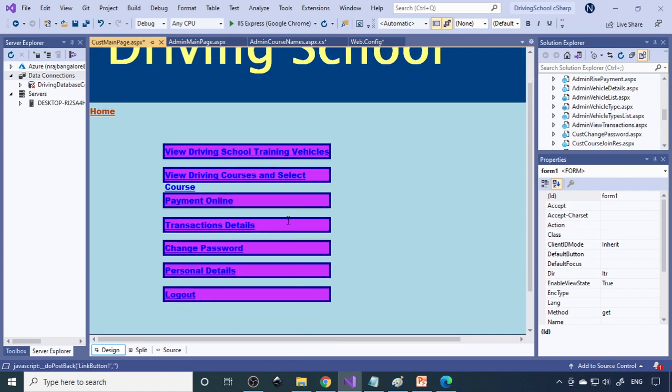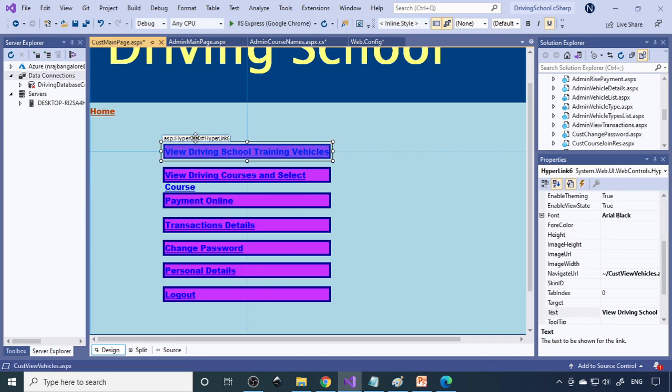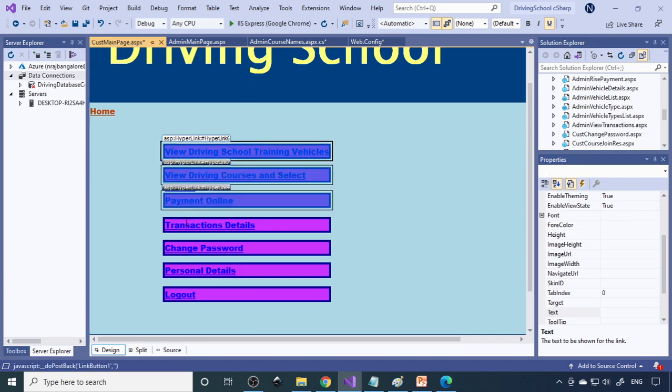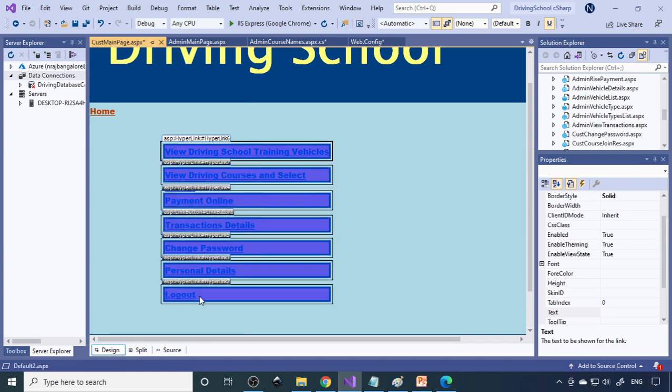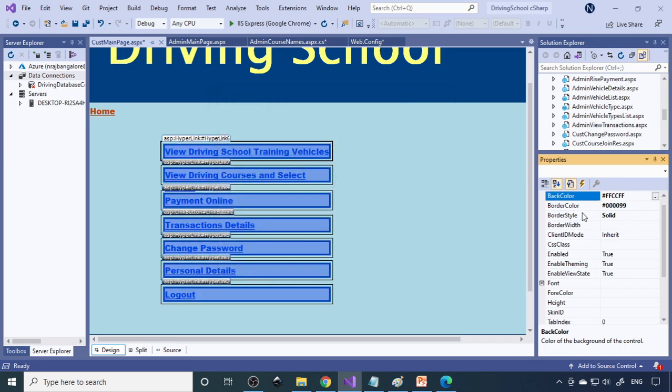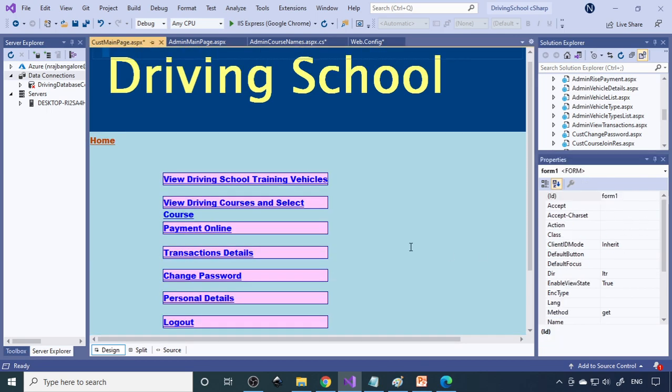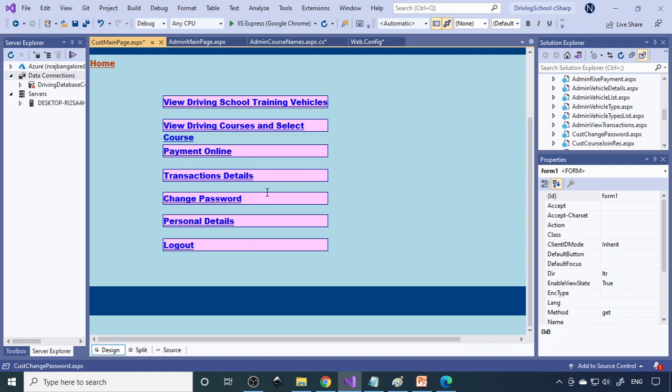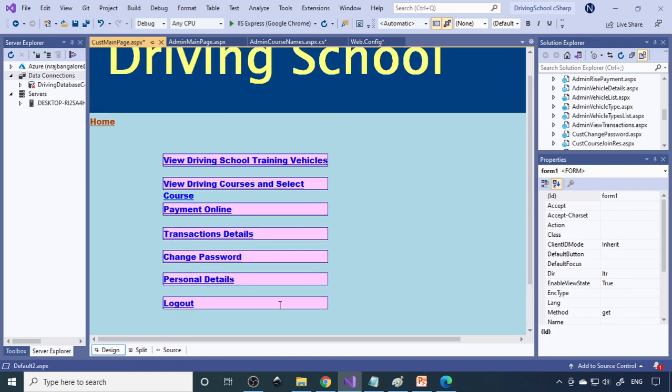Fine. So if you put a lighter color, it may be better. So therefore, what you can do is again select these controls. Light color will do the job. So I have to go to back color again. So choose some light color here, and this border width we want to make smaller. Right. Now it looks good. Okay. So that's how we can make the changes as and when necessary.